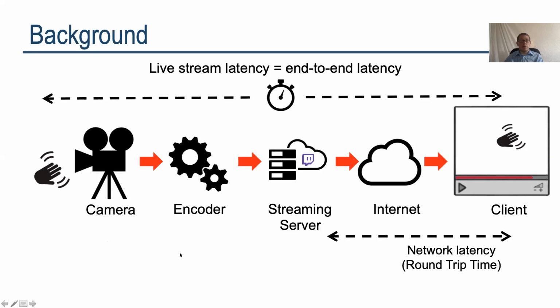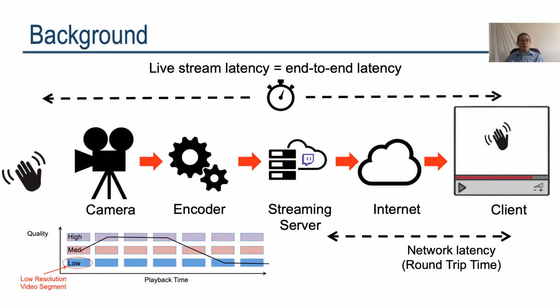First, the stream is captured via a camera device to convert it into a digital format. Next, the stream is encoded to raw data files to ensure smooth playback when it's streamed over the network to reach its desired audience. Then the stream is sent to the streaming server, which is responsible to broadcast it to viewers to be able to access it. Streaming servers have to ensure low latency streaming by configuring segment size while delivering content and managing content delivery. The streaming server sends the segments over the internet to the client's live media player.